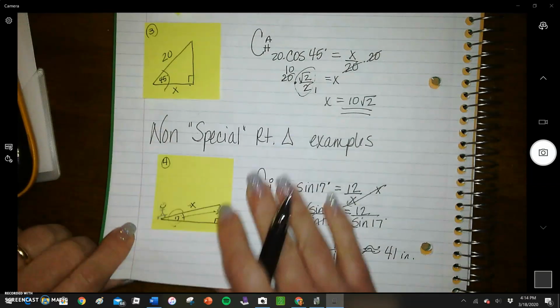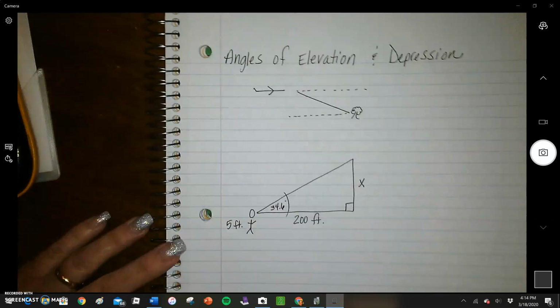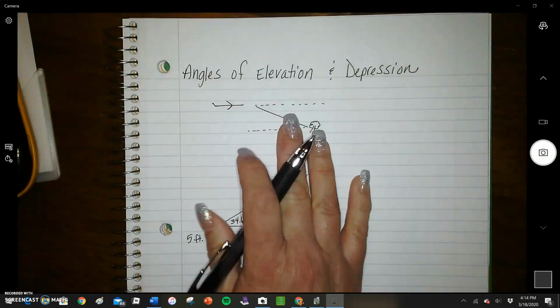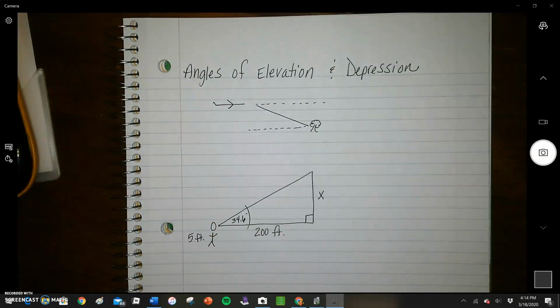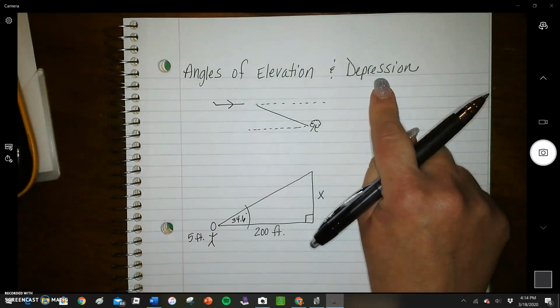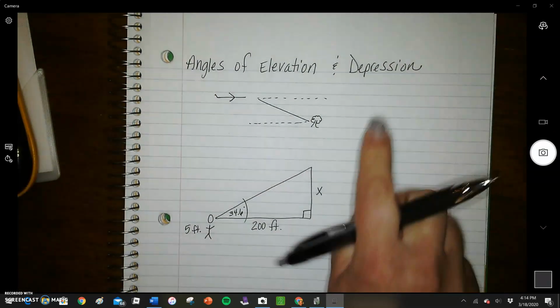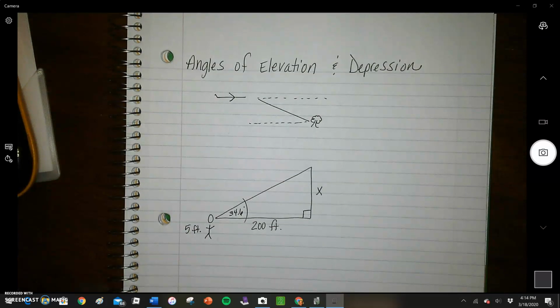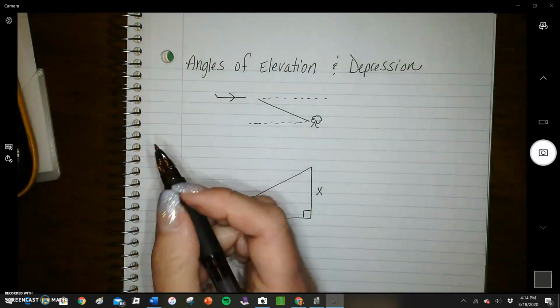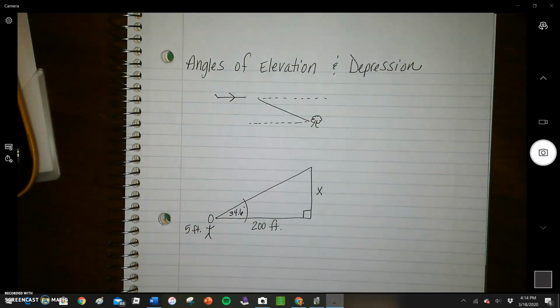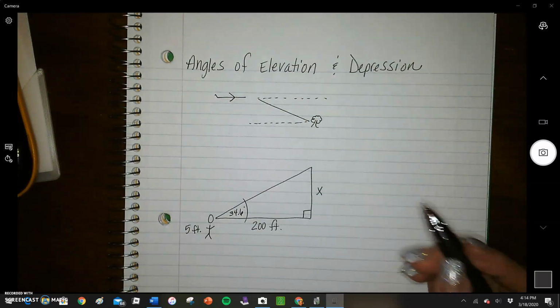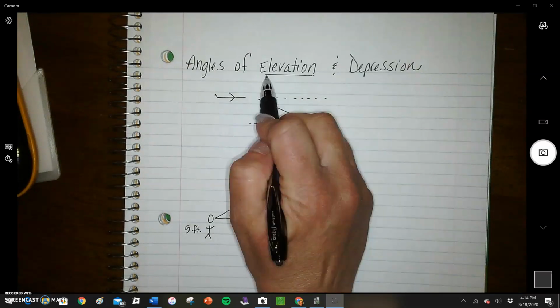All right, let's go do another word problem. This one is going to involve angles of elevation and depression. Not the depression like we're all sad because we can't see each other. None of you can see my beautiful face, but the angle of depression has to do with angles. All right, so just very quickly, in case you forgot and need a refresher, an angle of elevation is